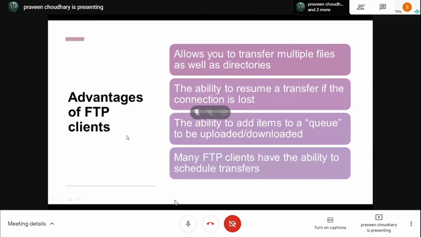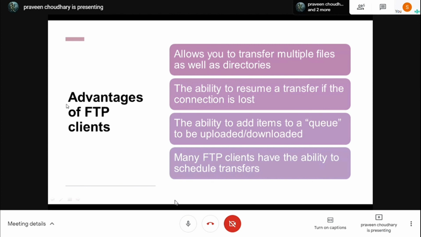Advantages of FTP client. It allows you to transfer multiple files as well as directories. The ability to resume a transfer if the connection is lost. The ability to add items to a queue to be uploaded or downloaded. Many FTP clients have the ability to schedule transfers.